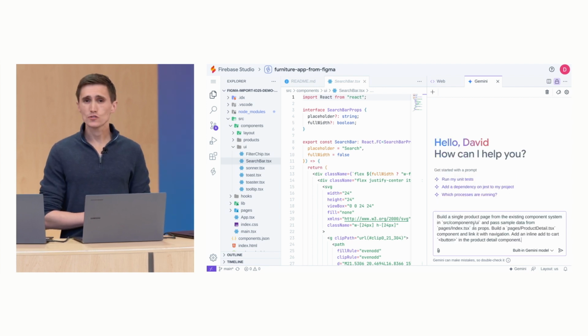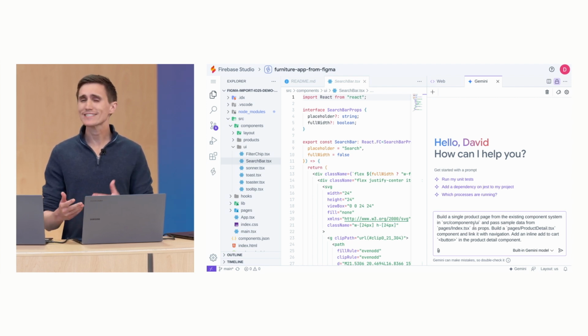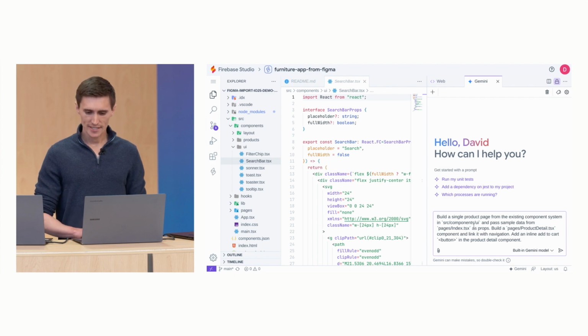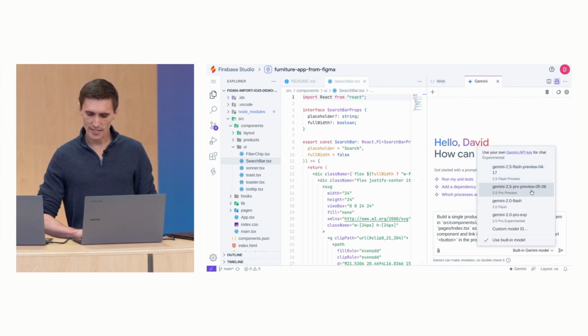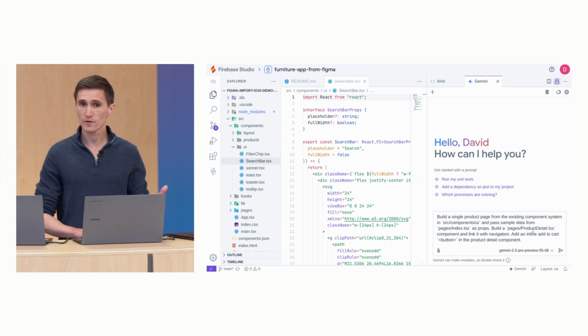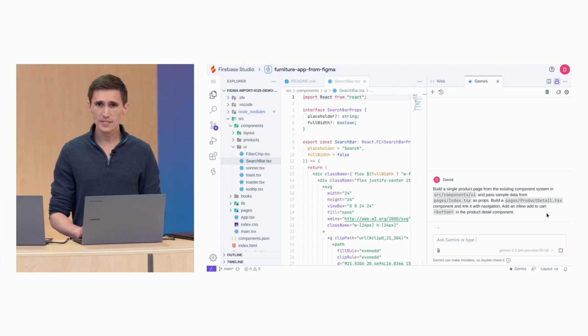I asked Firebase Studio to build a single product detail page, and I wanted to use the existing component system and sample data. Then I'll give it a file name that I want it to use, and I'll ask it to hook up to the routing system. And lastly, we're going to add a feature to create an add to cart button. Now, before I send in this prompt, I can use the model selector, and I can select Gemini 2.5 Pro. And now, when I submit this,